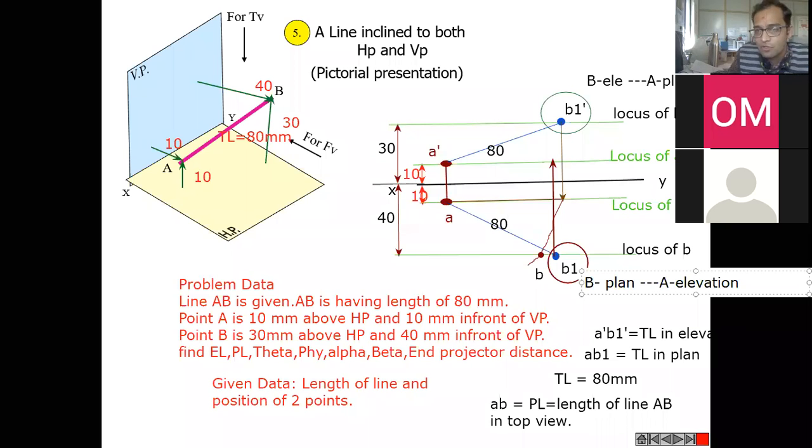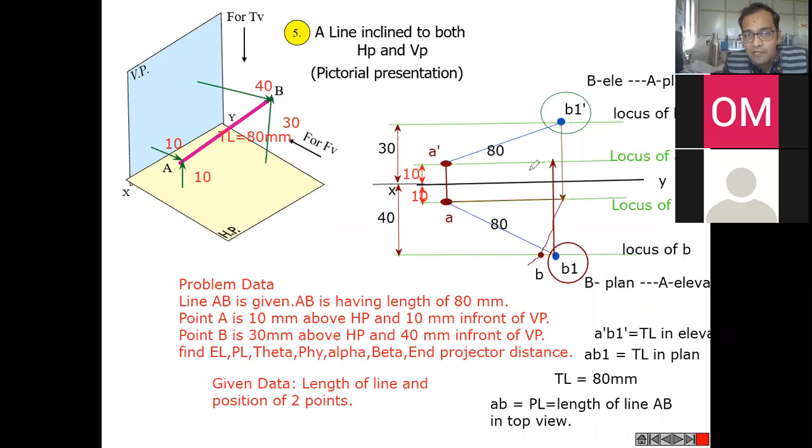So we have to draw a straight line from B in plan, B1, to A in elevation, locus of A dash, and from here we need to draft an arc. And what should be the arc length? The arc length should be A dash to the intersection position of B1's projection transfer. And now we'll be drafting an arc, and this arc is going to intersect